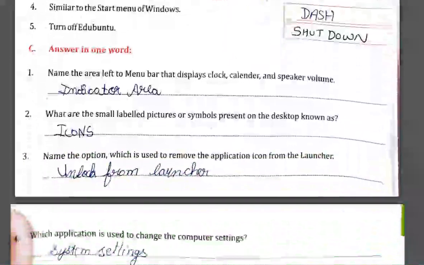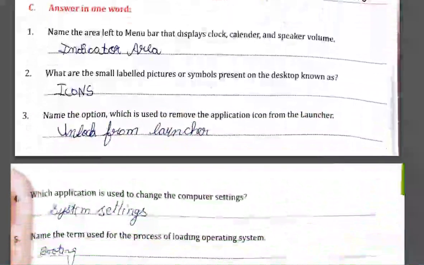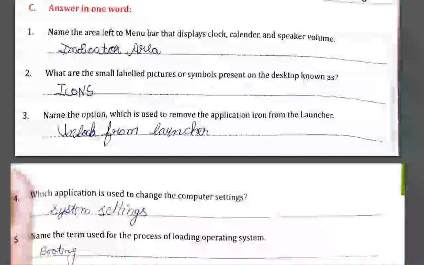Answer in one word. Name the area left to the menu bar that displays clock, calendar and speaker volume. The answer is indicator area. What are the small labels, pictures or symbols present on the desktop shown as? Icons.